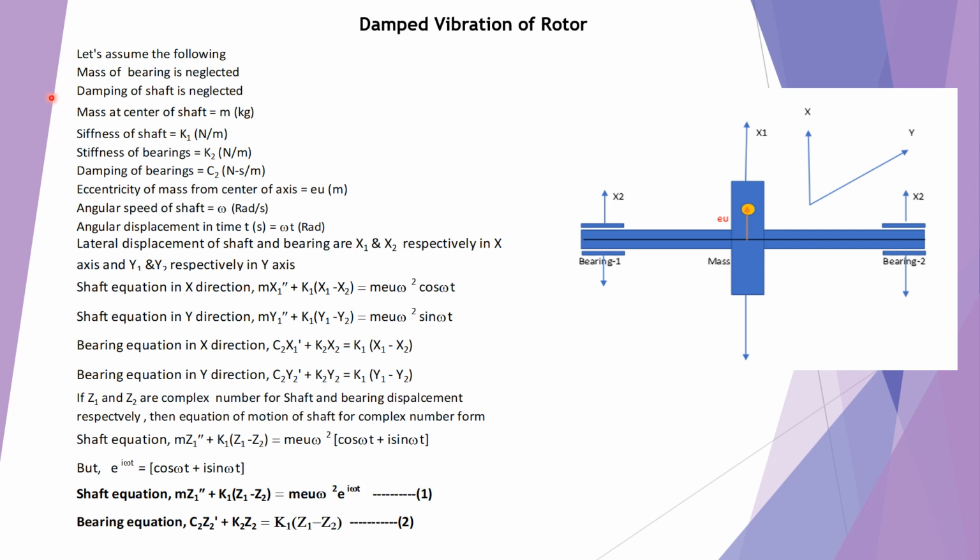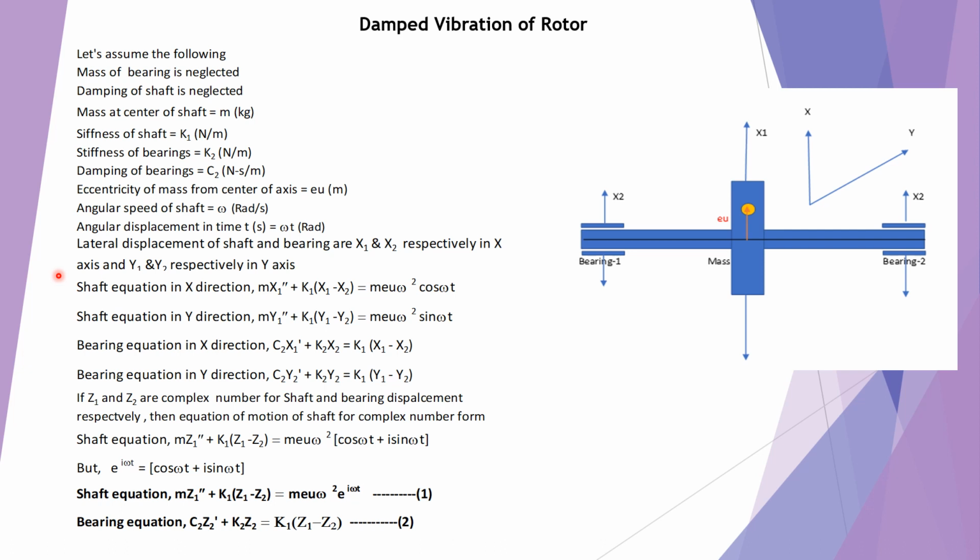Let's assume the following: the mass of bearing is neglected, damping of shaft is neglected, the mass at center of shaft is m kg, the stiffness of shaft is K1 Newton per meter, the stiffness of bearing is K2 Newton per meter, damping of bearing is C2 Newton second per meter, eccentricity of mass from the center of axis is e in meter, angular speed of the shaft is omega radian per second, angular displacement in time t is equal to omega t in radian, and lateral displacement of the shaft and bearings are x1 and x2 respectively in x direction,